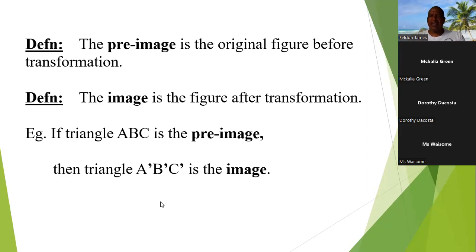Now, definition: the pre-image is the original figure before transformation. The image is the figure after transformation. If triangle ABC is the pre-image, then the transformed image, these should have been dashes, not apostrophes. These are dashes, so just make a note of that, guys. Our transformed image, we generally write